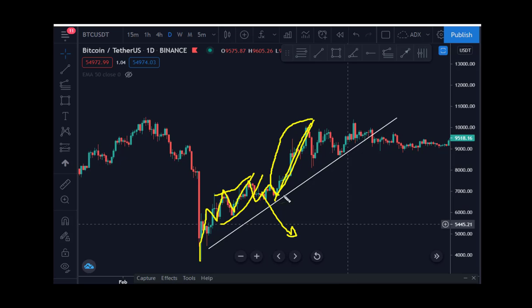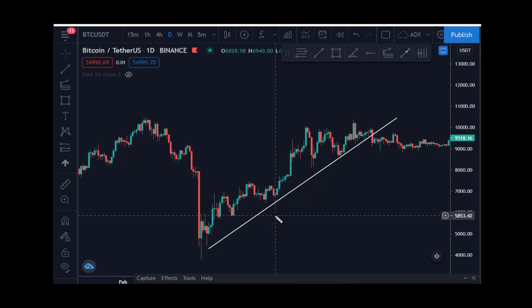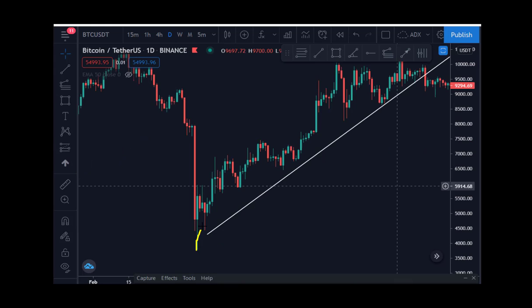This is the next phase, guys. You can call this A, B, C. So we are at this point now. This is 1, this is 2, 3, 4, 5. This is the correction here, contracting, and this is the wave. So we are somewhere here in the current picture, and we're expecting something like this to play out.